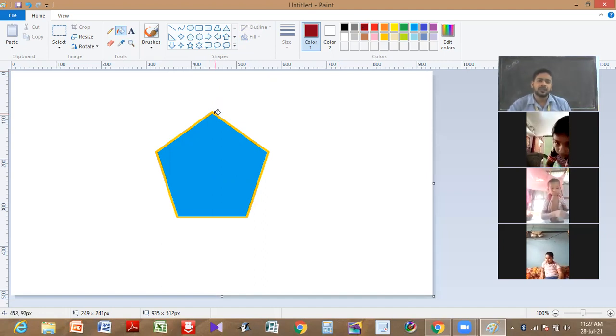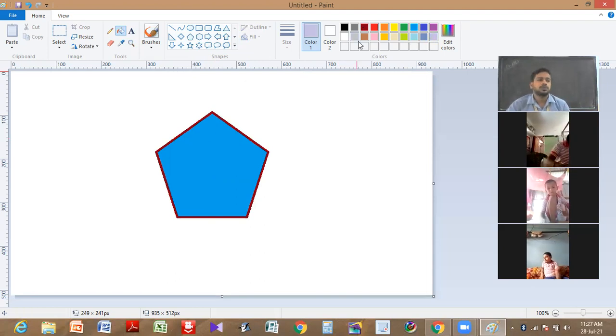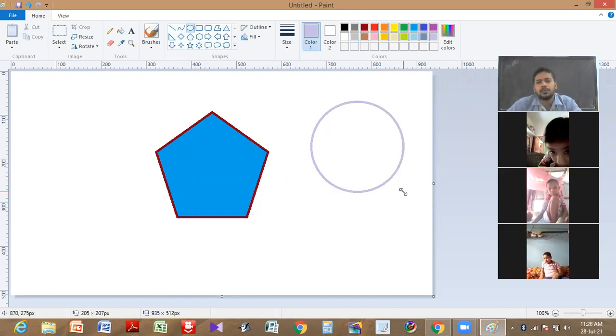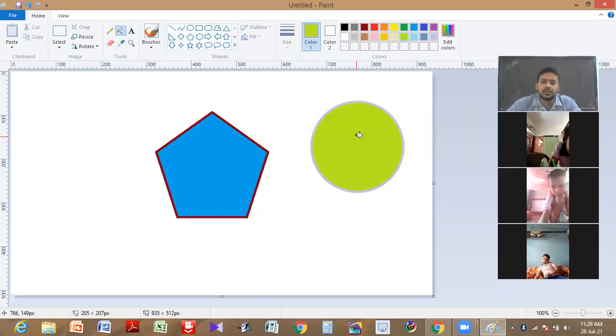Okay, it will become that color. So be very careful when clicking on it. Now, in this way we can draw this shape. Now, if you want to draw another, you please take this one and you draw. It will become this color. Now, it's filled with color. You take a color, you click on it, it will become that color. So these are the process of drawing different shapes.